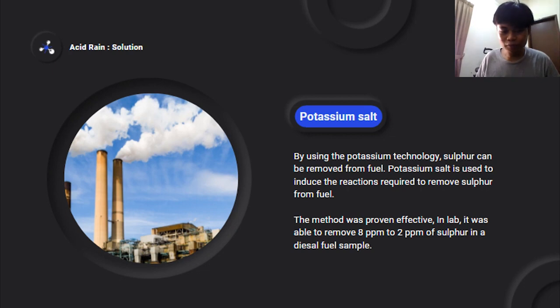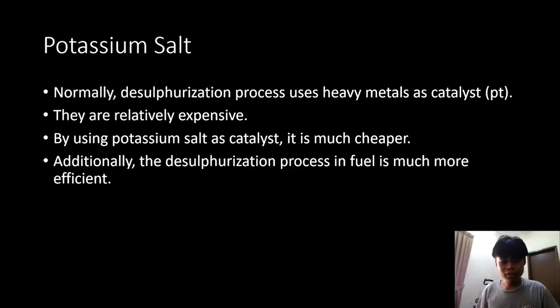This method was proven effective, and in the lab alone, it was able to reduce sulfur dioxide in a diesel fuel sample from 8 parts per million to 2 parts per million. As we normally know, the desulfurization process uses heavy metals as catalysts, for example platinum, and they are relatively expensive. However, by using potassium salt as catalyst, it is much, much cheaper as it is more abundant